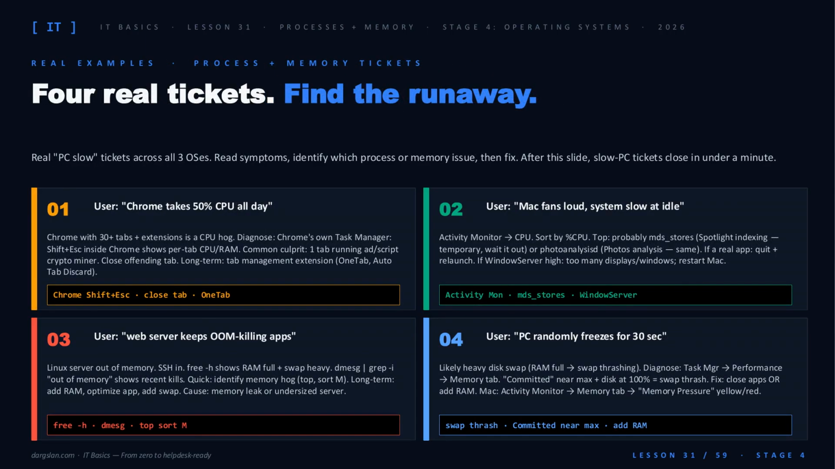Now let's put it all together with 4 real tickets straight from the queue. Ticket 1, Chrome eating 50% CPU. Hit Shift-Escape inside Chrome, find the rogue tab, close it. Ticket 2, Mac fan screaming at idle. Activity Monitor usually fingers mds, Spotlight, or photo analysis, both temporary indexing jobs. Just let them finish. Ticket 3, a Linux server killing apps. free -h and dmesg confirm it, then top sorted by